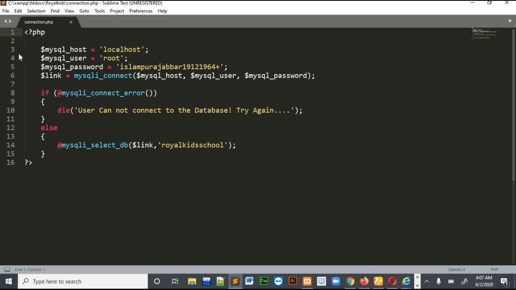So first of all, I had declared three variables in PHP. We use the dollar symbol to declare variables in PHP, as we declare variables in C++ or any other language. I had declared three variables: one for host, second for user, and third for password.